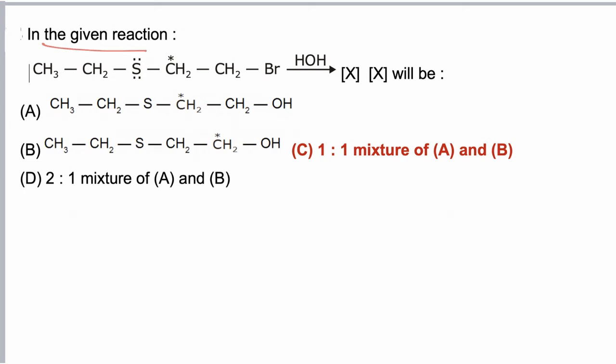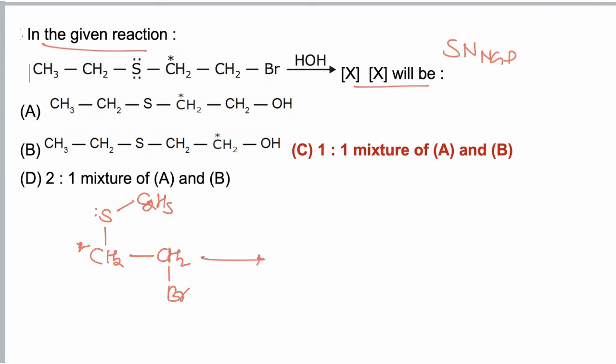In the given reaction we have to find the final product. This is a case of nucleophilic substitution via neighboring group participation. The structure of the molecule is CH2, CH2, Br, and sulfur is attached to this carbon, which is the starred carbon, and sulfur is also connected with C2H5. Now sulfur has a lone pair, so sulfur can also act as a nucleophile, and there is a possibility of an intramolecular nucleophilic substitution